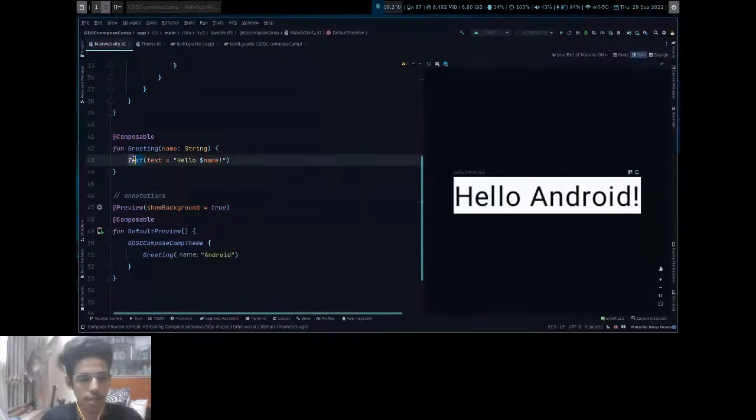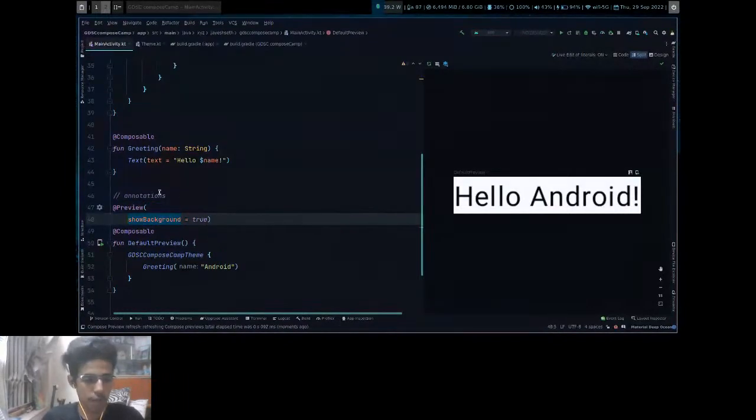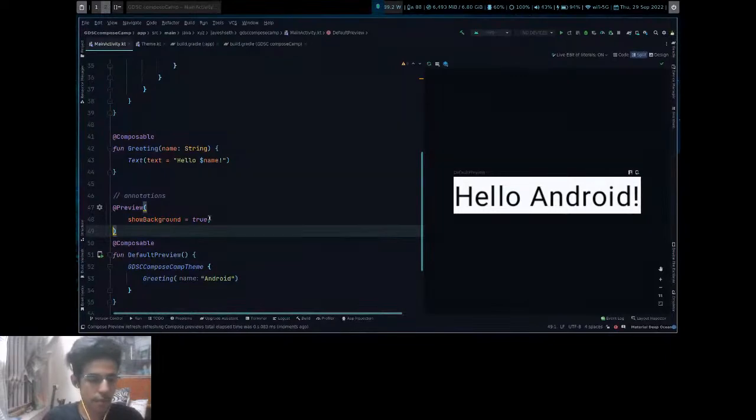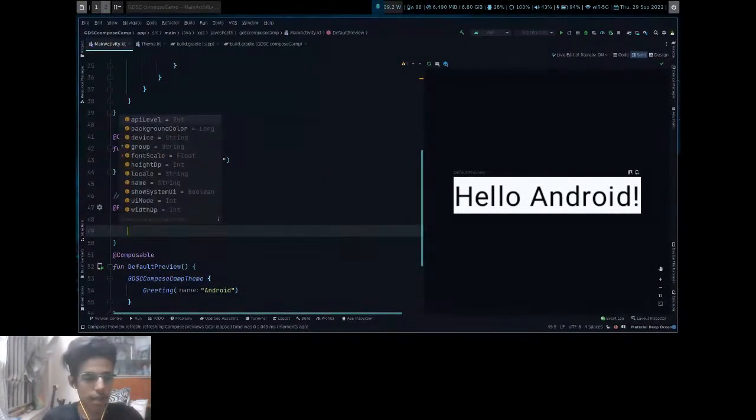So in our case, we just have a text here. Even this preview has multiple variables or methods that you can customize. For example, if you press Control and space, it will show what things you can display here, what methods are available.